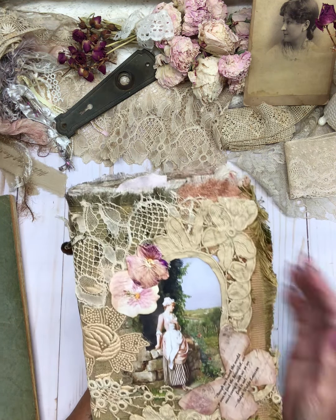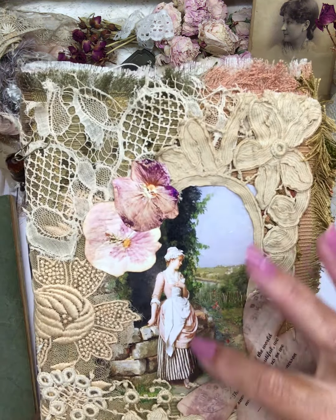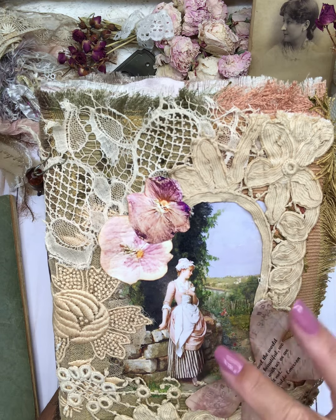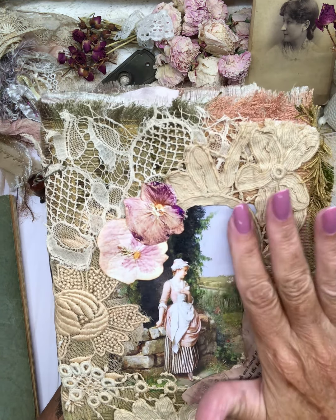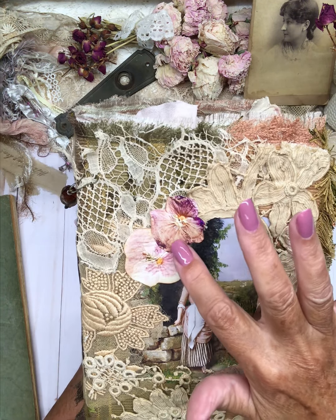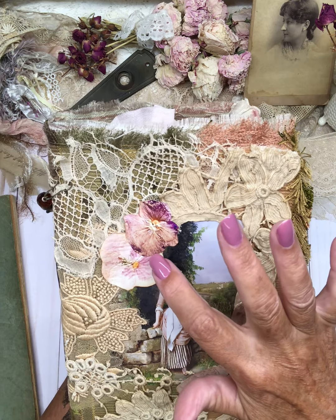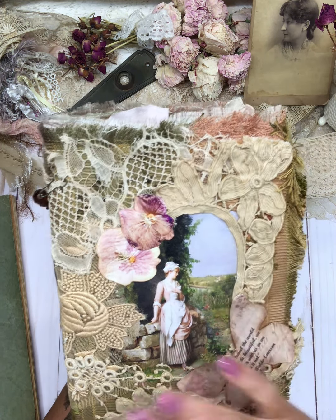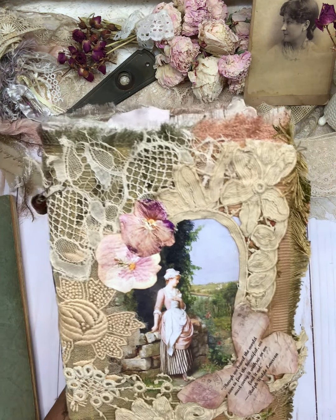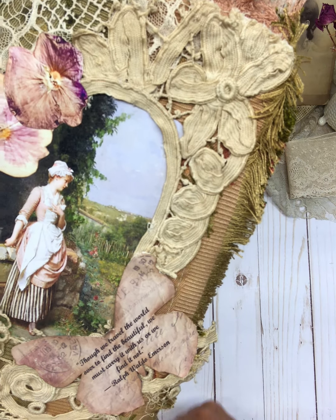So this journal, I purchased this image off of an Etsy seller, and I just loved the coloring in her dress and the peachy colors and the stripes. So I used that as the focal point, and then I discovered some really pretty pressed pansies in the shades that I love. I will link them below the video. So I decided to apply those and then use a lot of very vintage laces, and then a butterfly with my favorite saying by Ralph Waldo Emerson: